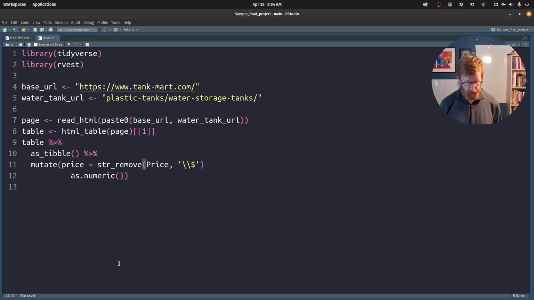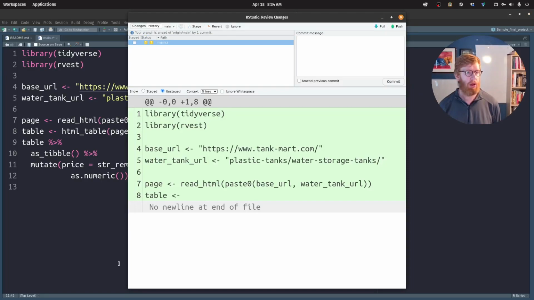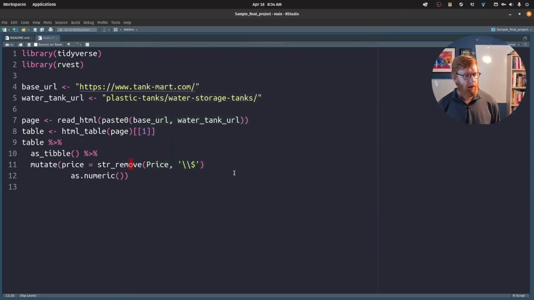Oh, just lost. There we go. Lost my muscle memory for a second. I forgot where the hotkey was for this on this keyboard. Okay, so